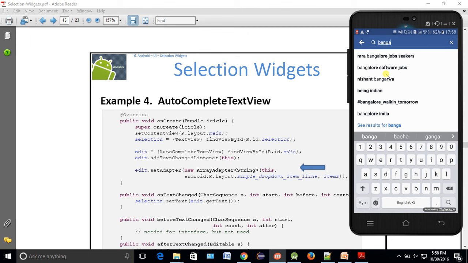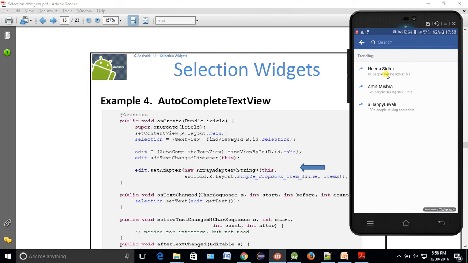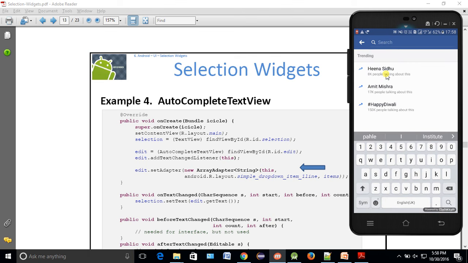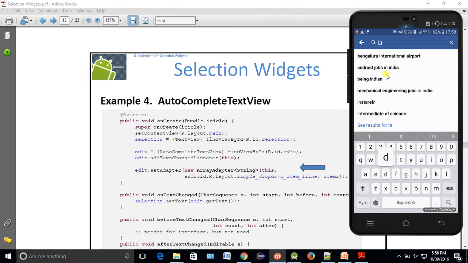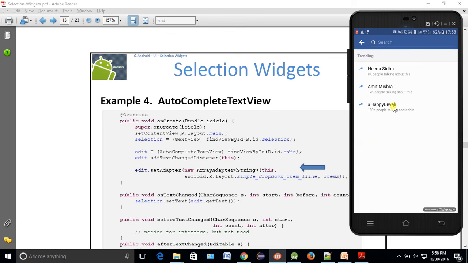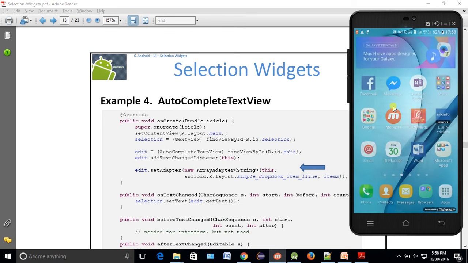Bangalore, see, all those are coming here. Then if you type anything, something like India, wherever India is there, all these things are coming. Same concept. So it's not only about here. If you go to any of the applications, suppose I go to